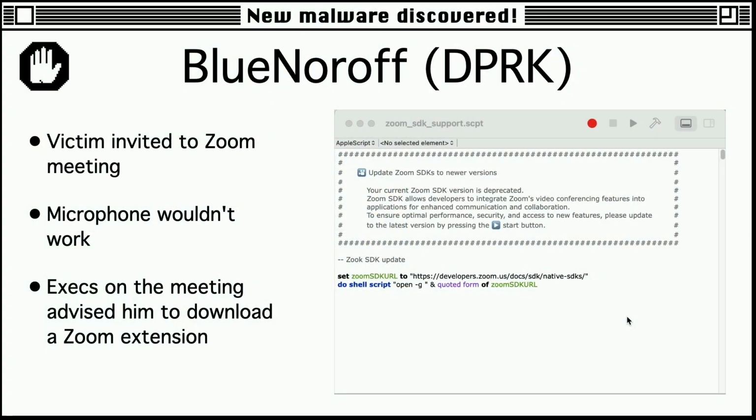So at one point they say, oh, hey, there's been a Zoom update. You may need to download this extension. And they give him a link. And these are the executives of the company, right? So he clicks the link, he installs the thing. Nothing wrong with that, right? Well, it turns out